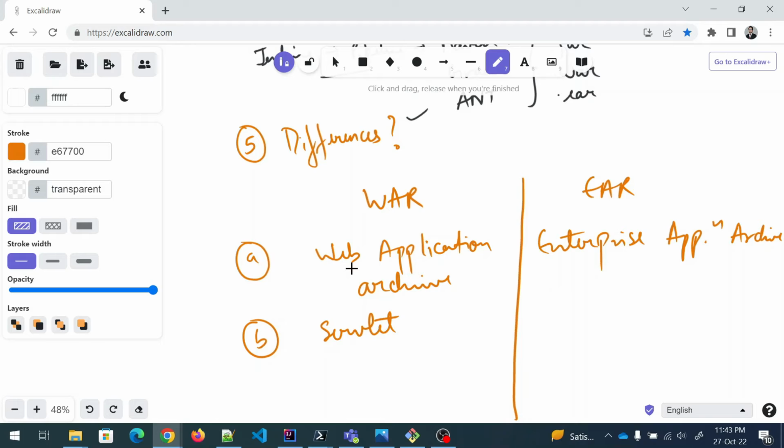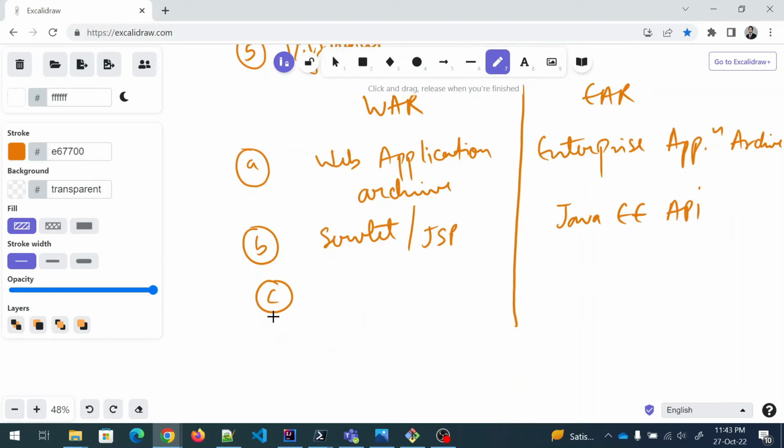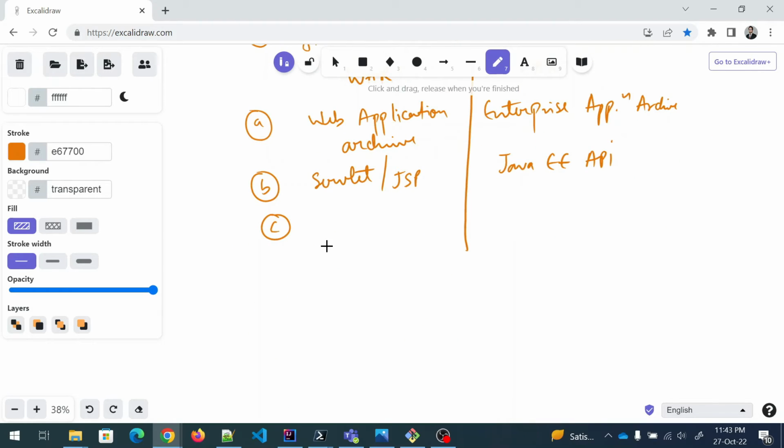You already know what a servlet is, or JSP, Java Server Pages. And this supports Java Enterprise Edition APIs. Now what does it contain? So the third point would be the contain part. Basically it contains your web-based resources such as